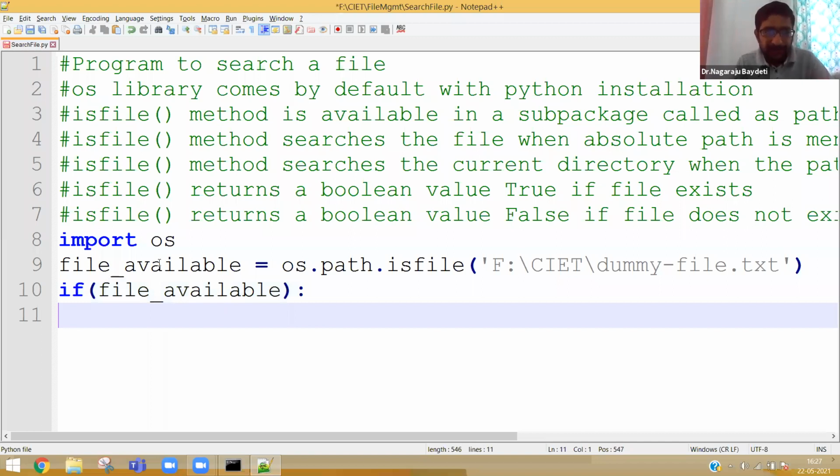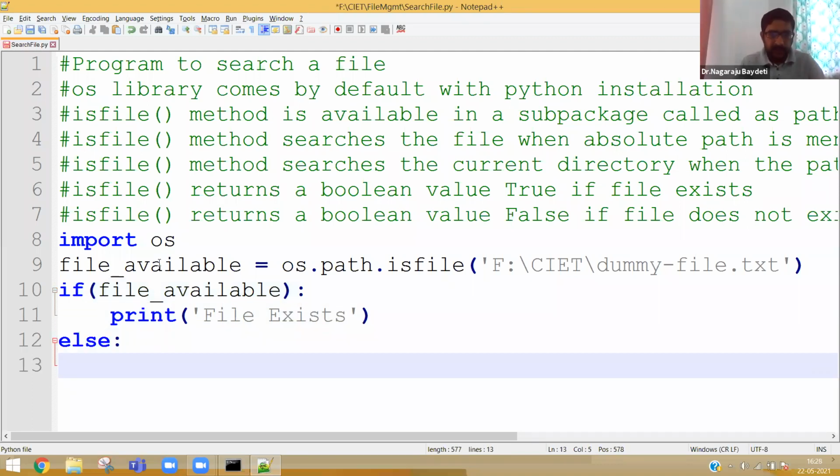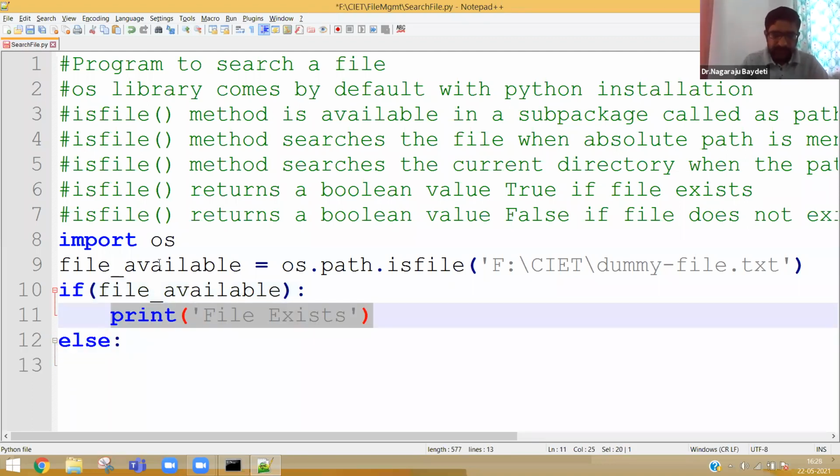So if file_available is true, you can print file exists, else file does not exist.